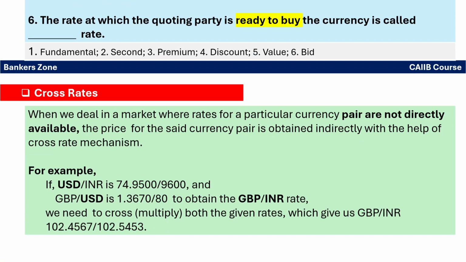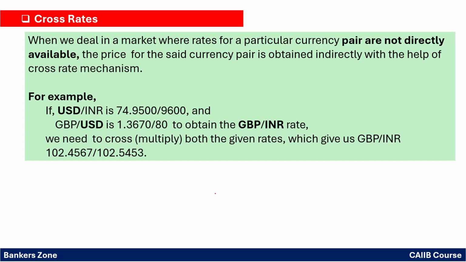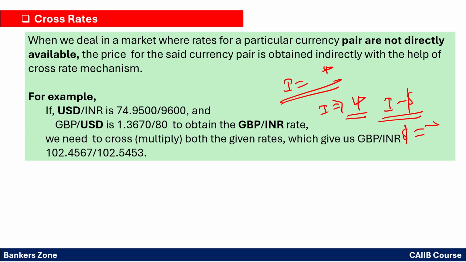Okay. Now see the cross rate mechanism. So what is the cross rate? See, you are in India. You have to purchase, for example, say Japanese yen, right? But you don't have the quote directly available. How much Indian rupee should you pay to buy the Japanese yen? But you are having the quote like Indian rupees to dollar, right? And you are having dollar to yen also. So using those two, you can calculate the Indian rupee to Japanese yen, right?